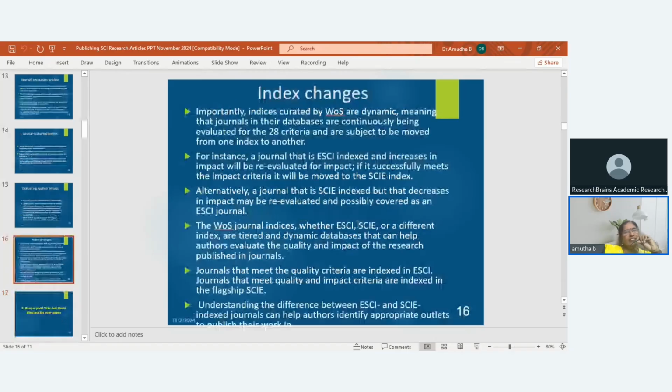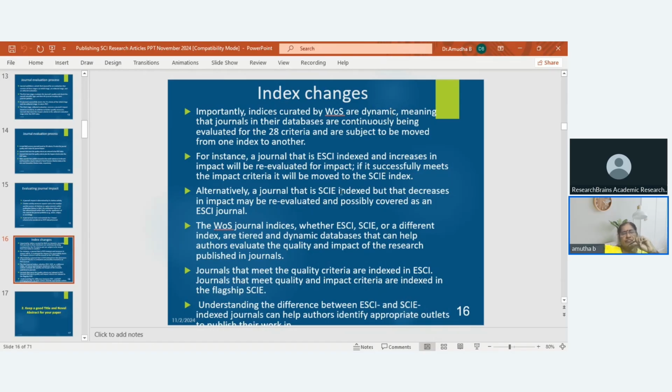So in that case, SCI stands first. That is why this particular webinar is aimed at how you will publish SCI indexed papers. If you go for SCI indexed papers, then it is very difficult, because there will be 2, 3, 4 peer reviews, and each and every reviewer will give his or her own comments. And I want to state